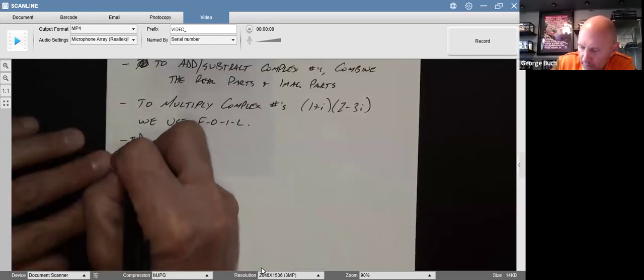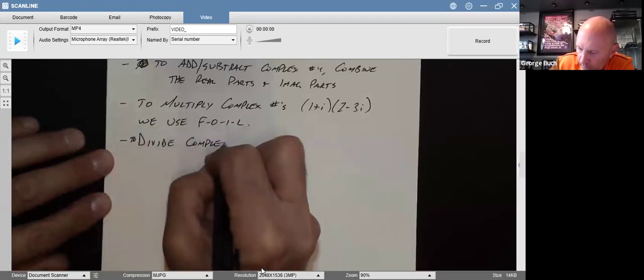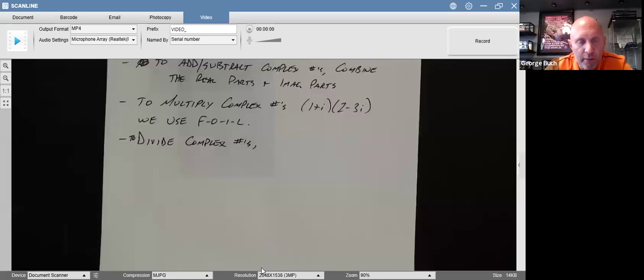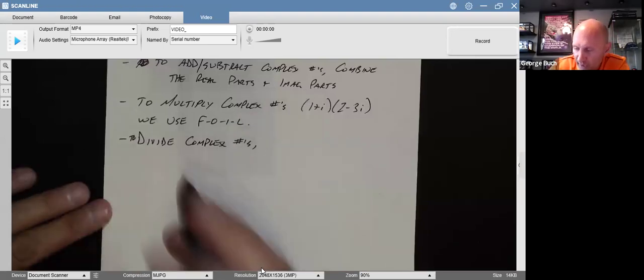And then to divide complex numbers, we're going to have a complex number in the denominator. We're going to have an i in the denominator, and we want to get rid of that i. It's very similar to when we had a square root in the denominator and wanted to get rid of the square root. What did we do? We multiplied by the conjugate. Same thing here. You can see how all this ties together. Add the real parts, add the imaginary parts, FOIL for multiplication, and to divide,